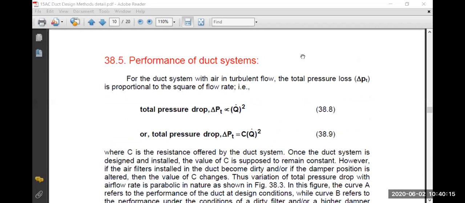Now, let us talk about, in this lecture, the performance of the duct system. Once you have designed the duct system, as shown in the above layout, now we must discuss the performance